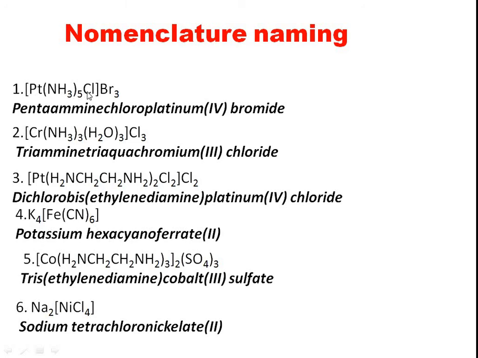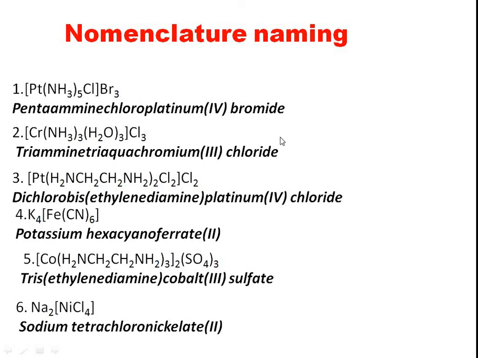We will name the cationic part first. This is the cationic part. The cationic part is the complex part. There are two types of species, ligands as well as the central metal atom. We will name ligands first. There are two types of ligands. Ligands are named alphabetically. Ammine is named first. Pentaammine, fluoroplatinum. We have not changed the name of the central metal atom because that is a cationic complex, and its oxidation state is 4